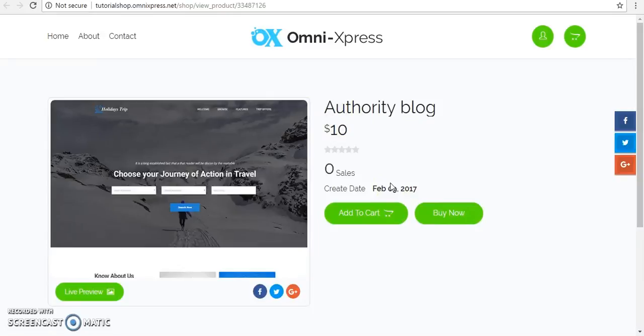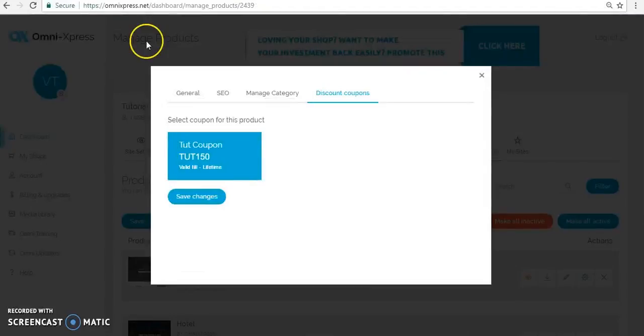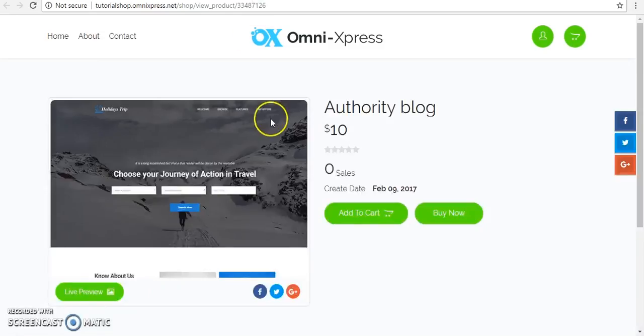Just to make you remember one thing, that I'm logging into the Omni Express application with the account of the store owner, but I can also log in into the same shop with a customer's account, because these two will not conflict. It's some geek stuff about sessions: subdomain sessions will not work on the main domain, so there will be no harm if you test all these things by doing the same thing which I'm doing.